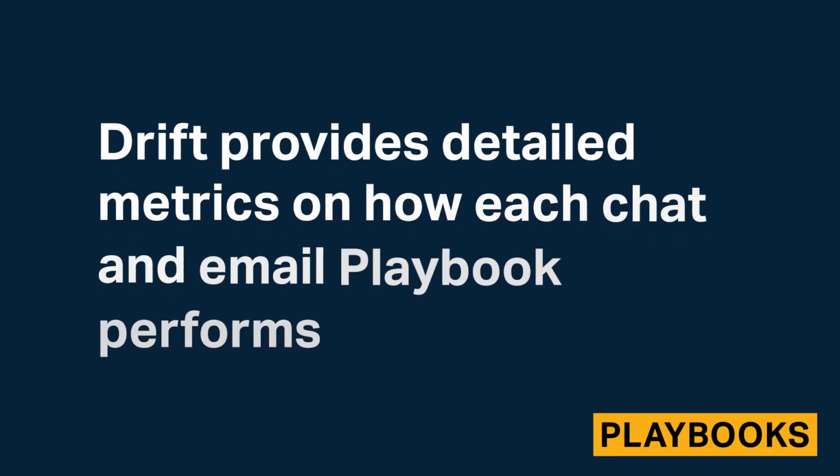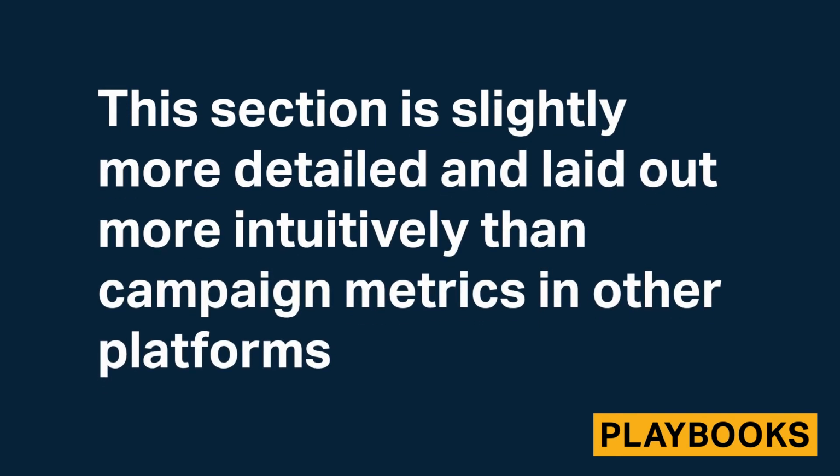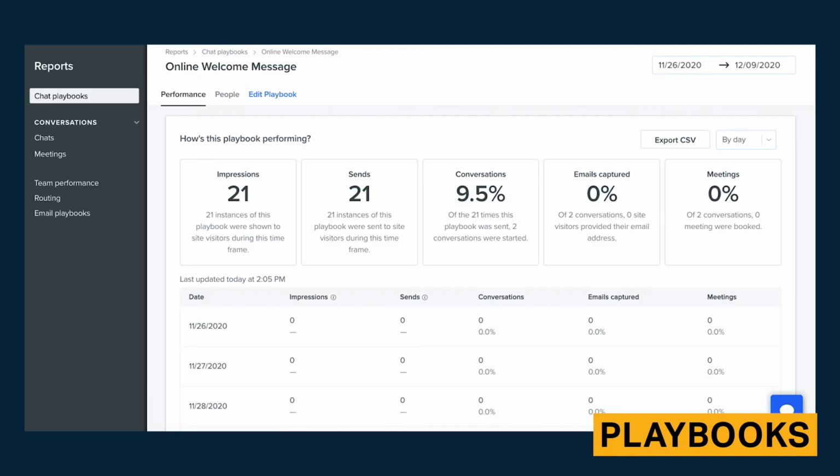Drift provides detailed metrics on how each chat and email playbook performs. This section is slightly more detailed and laid out more intuitively than campaign metrics in other platforms. You can view the number of impressions, sends, and conversations started from the playbook, and the amount of emails and meetings captured from conversations. These reports can be exported, customers can change the date range, and metrics can be viewed by day, week, or